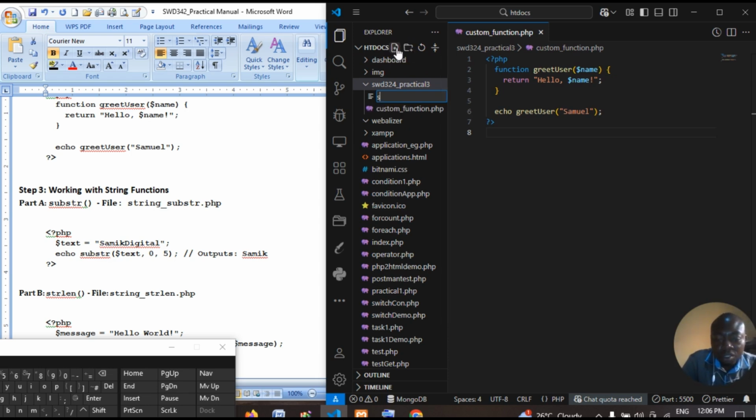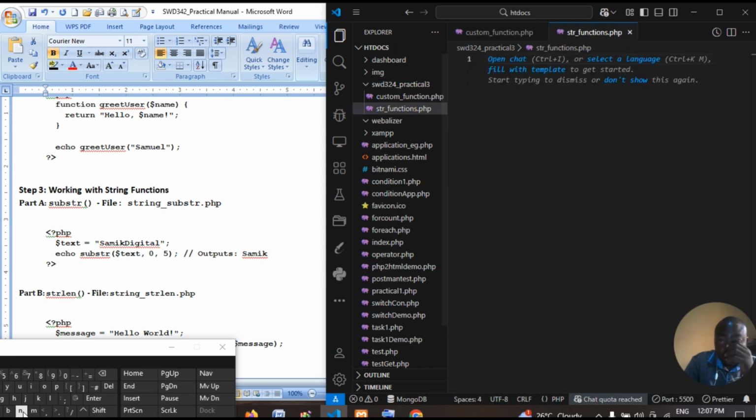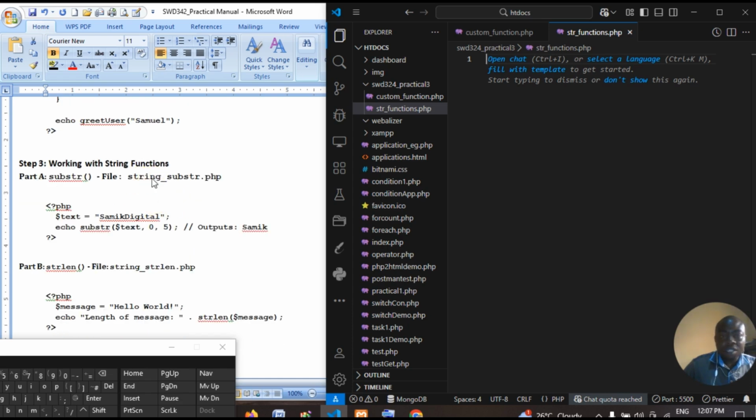Call it string function, or let's just put str underscore functions dot php, enter. So what we have there is that it starts with this string substring. From this we are given this as the file name. The file that we're supposed to create is string substring.php, but we have created this one,